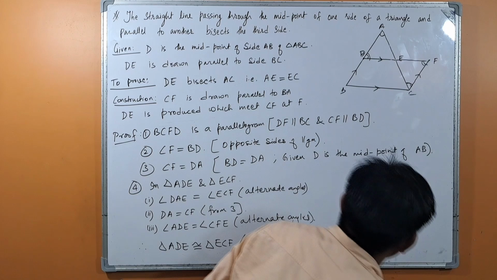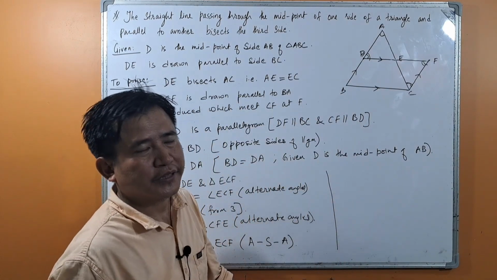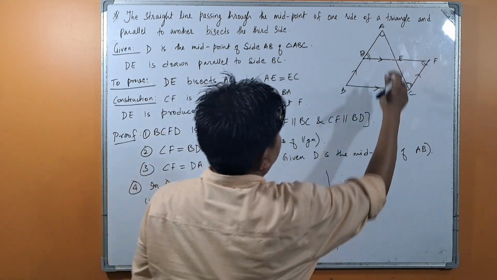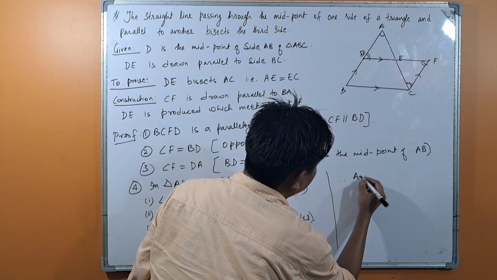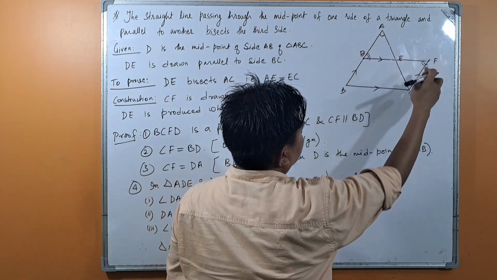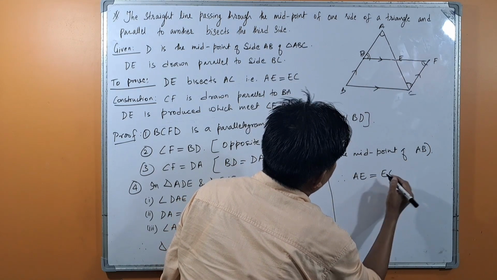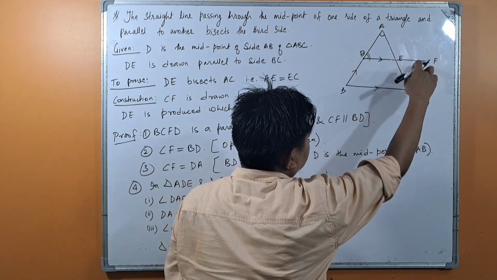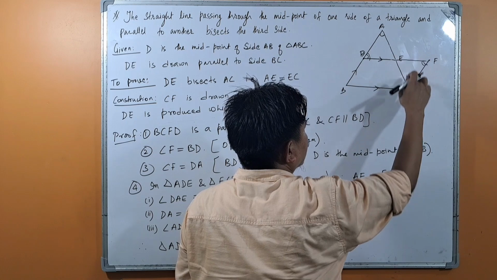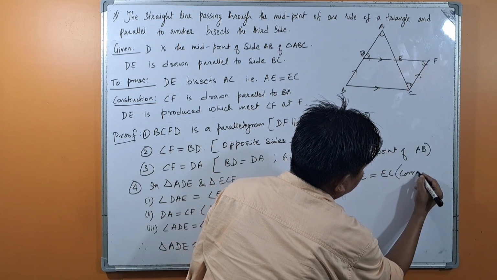That means if triangles are congruent to each other, their all angles will also be equal and their all sides will also be equal. Therefore further we can say side AE of triangle ADE equal to side EC of triangle ECF, isn't it? Side AE of triangle ADE and side EC of triangle ECF will be equal to each other. Corresponding sides of